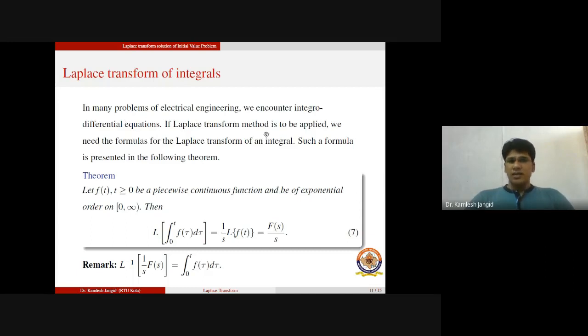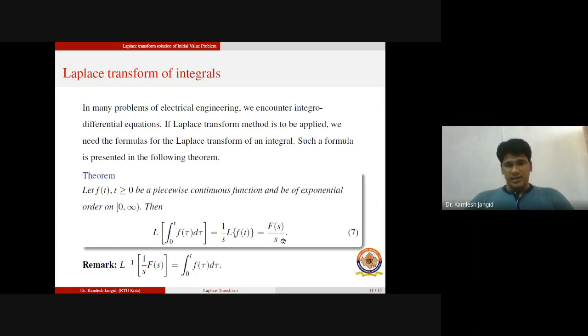If the Laplace transform method is applied, we need the formula for the Laplace transform of an integral. Such a formula is represented in the following theorem. For the detailed proof, you may go through the notes which I have already provided you. Let f(t) for t greater than or equal to 0 be a piecewise continuous function and of exponential order on the interval 0 to infinity. Then the Laplace transform of the integral of the function with limits from 0 to t equals the Laplace transform